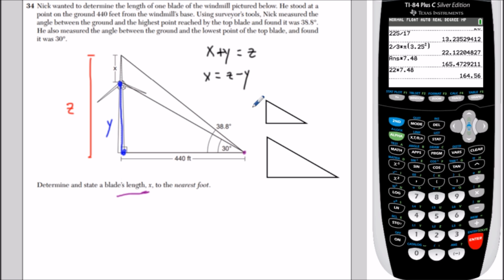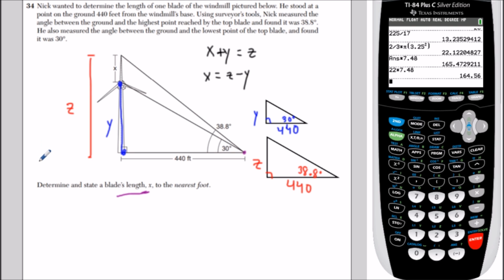So this is the one here, this is y. This is a right angle. This is 30 degrees, and this is 440 over here. And then in the bigger right triangle, we would call this z. This is still 90 degrees. The base is still 440. And the angle this time changes to 38.8. So I'm just drawing it separately because it might make it easier for you to see how we're setting up the